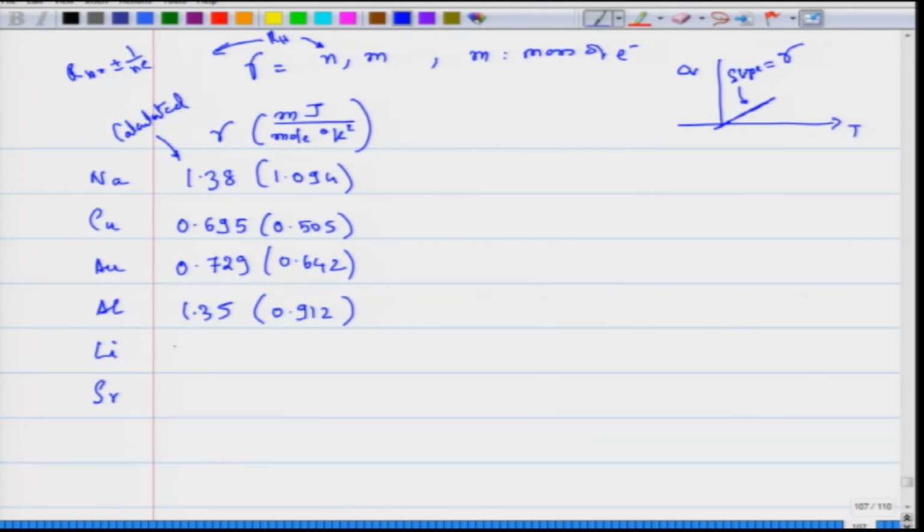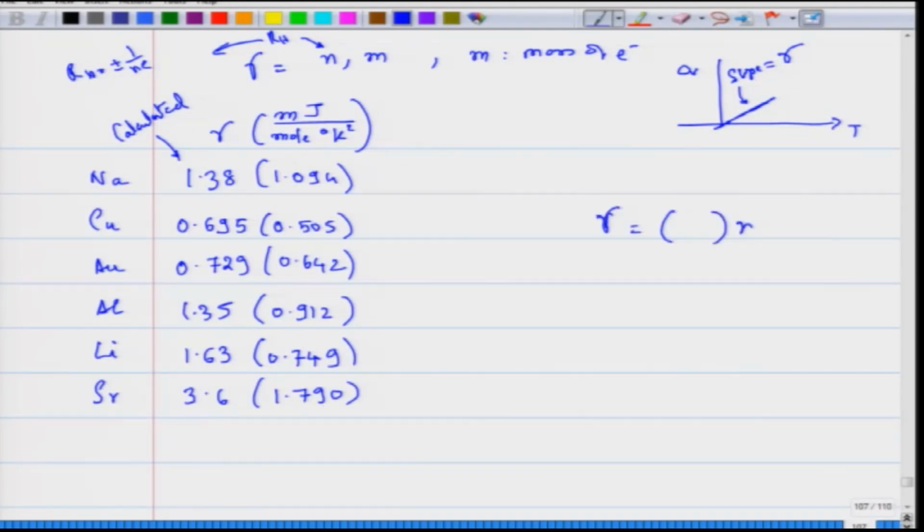There are materials like lithium where it is 1.63 and it is 0.749, more than 50% difference. There is a significant difference between the theoretical value and the experimentally measured value. Strontium, 3.6 and it is 1.790. If you recall that the Sommerfeld's constant is